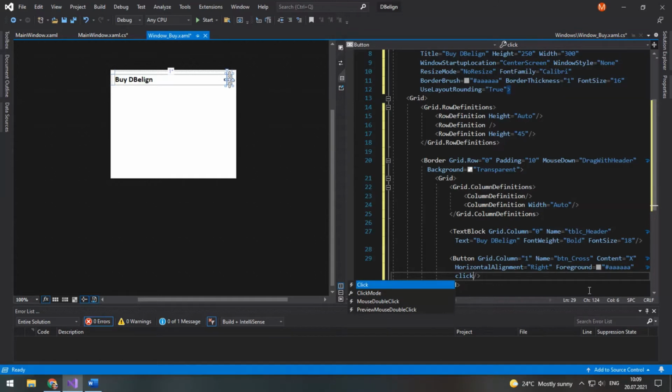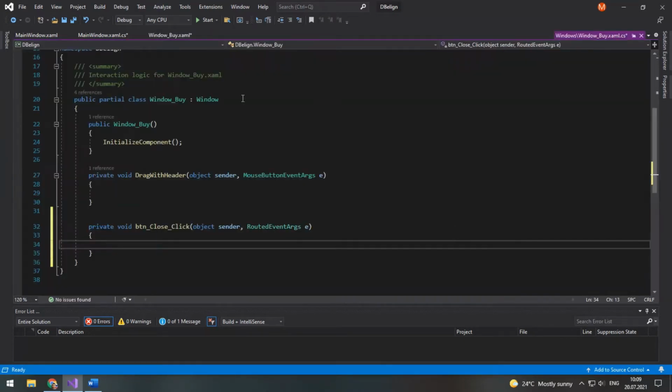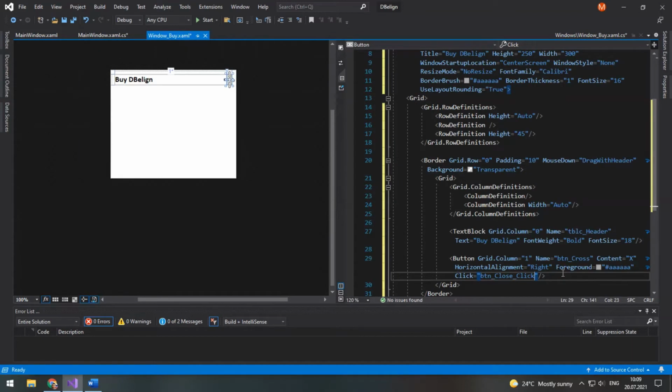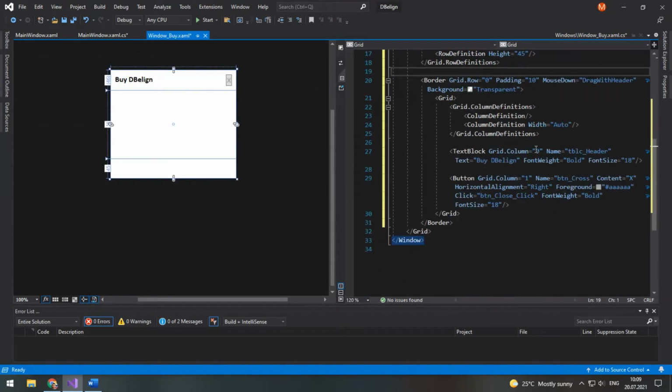We will access its click event. It will be the same as the button close, so button underscore close underscore click. Press F12, get back. It will also be bold, so font weight bold, and the font size will be 18 as well. Okay, this won't be the final design because I will add some styles in the future parts. So that's it for the draggable border.